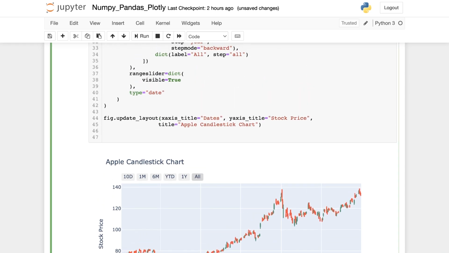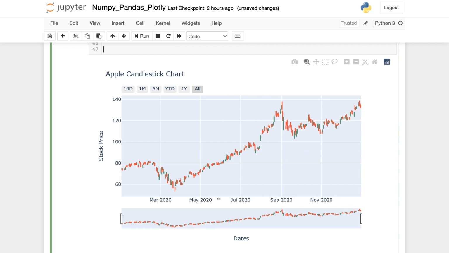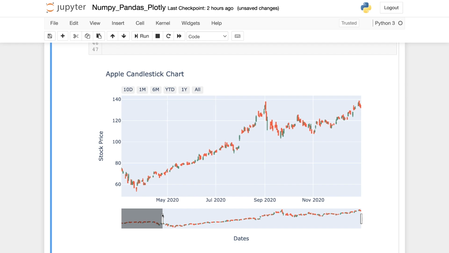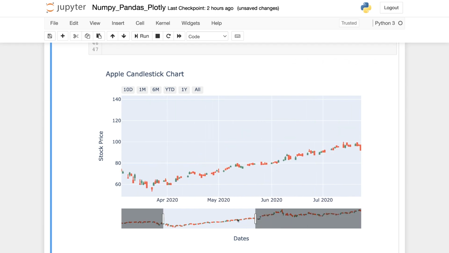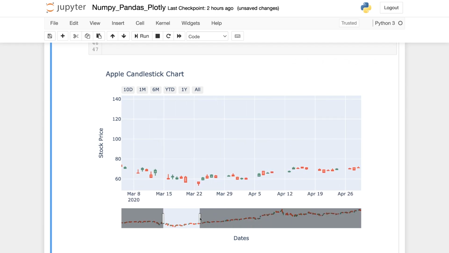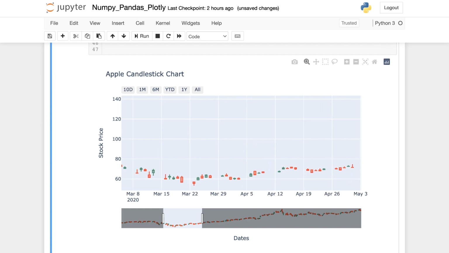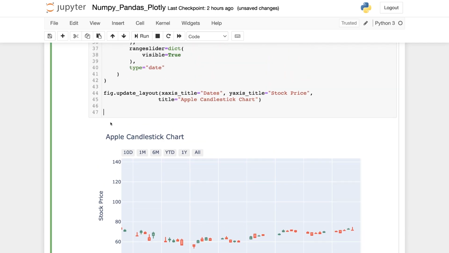What else would I like to do? Well, let's say that I would like to really target in here the whole pandemic period and where the stock sort of tanked because of that. It's basically in this area right here before it started to go back up again. All right, we can put annotations on this. So we can say figure update layout, annotations